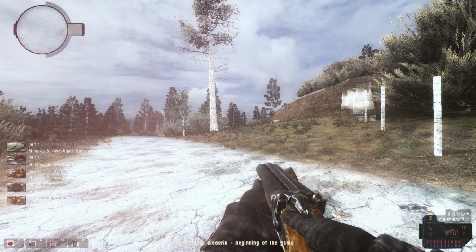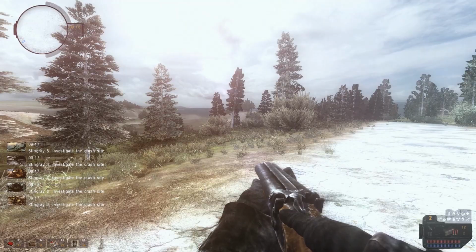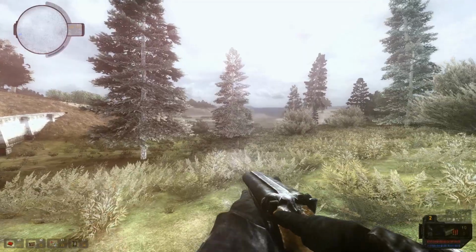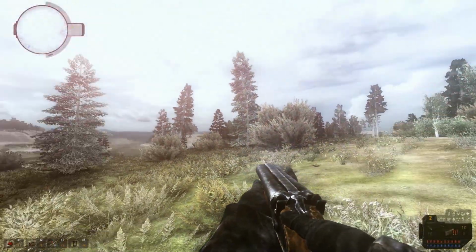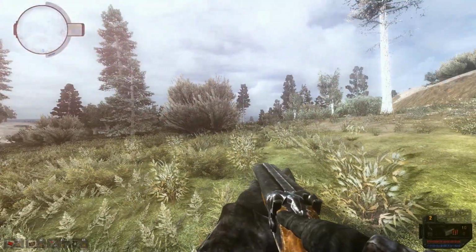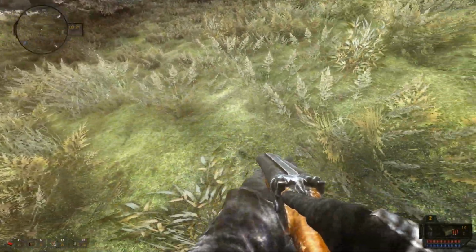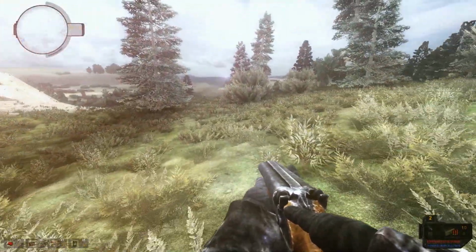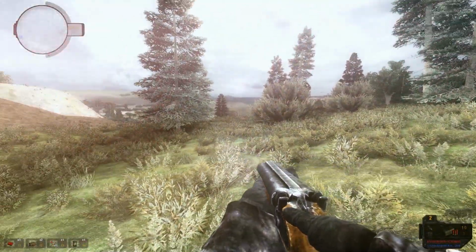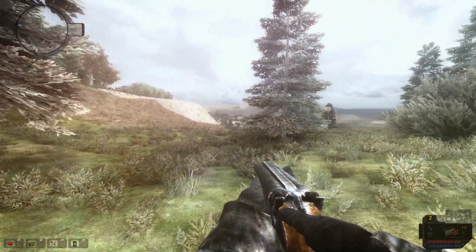Alright, so this is the Remake mod. I'm not a huge fan of this mod, actually. I'm trying to combine it with the Arsenal mod, but they don't work together well, so this might crash on me. But as you can see, it has a whole different vibe to it. Really lush and green. Kind of pretty. It looks quite light. Gone is the gloomy atmosphere. I particularly like the gloomy atmosphere, but